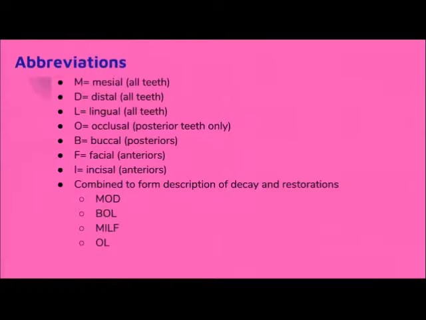Okay, so we use abbreviations to talk about the surfaces in the mouth. If you've taken chapter 4, and I think almost everybody has, we have a name for the outside surface, or the surface that we can see. If the surface is touching the lip, we call it labial or facial. That is typically the anterior teeth, from tooth number 6 to tooth number 11,